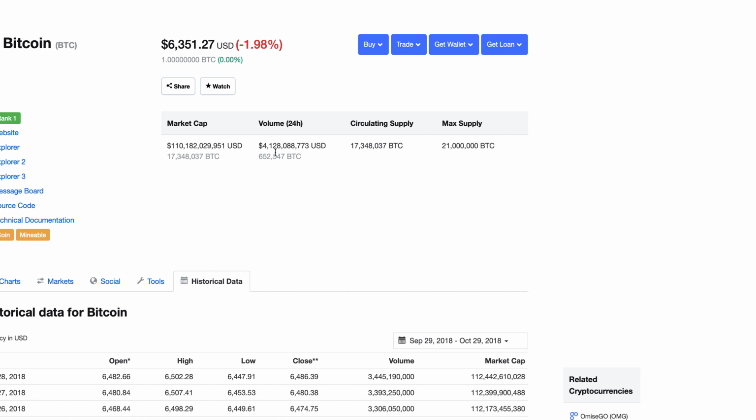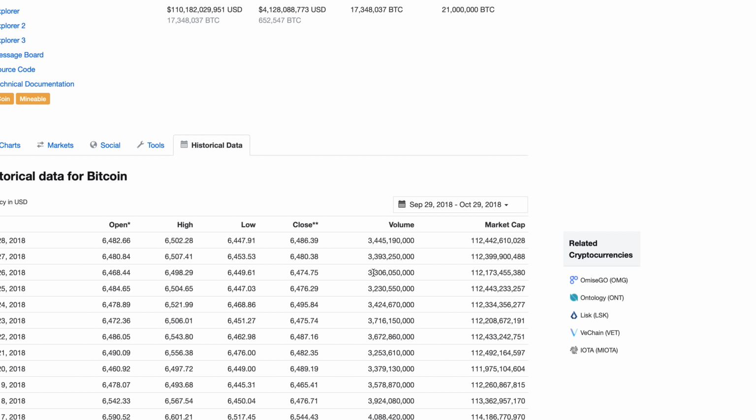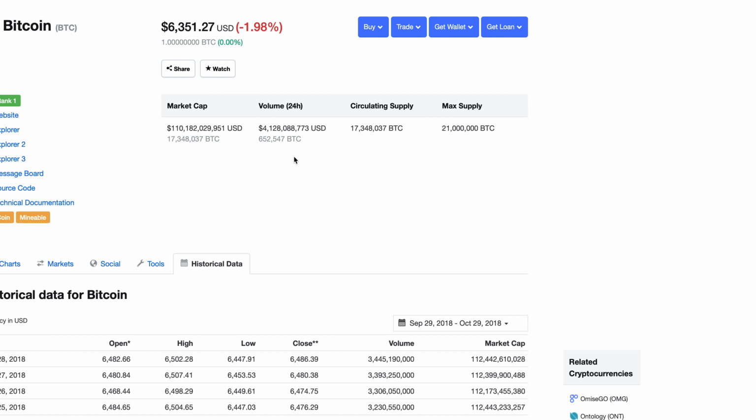Volume is sitting at about 4.1 billion on the day, which is higher than it has been. We've been at around 3.3 billion, 3.4 billion, somewhere thereabouts. So it is a little bit of a spike with that drop. Of course, we know that most of those are people selling or entering short positions, but still a little bump